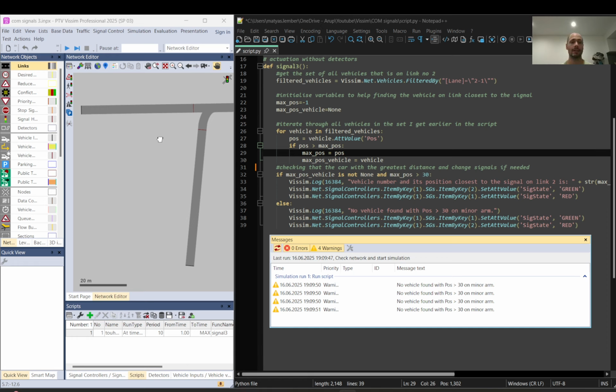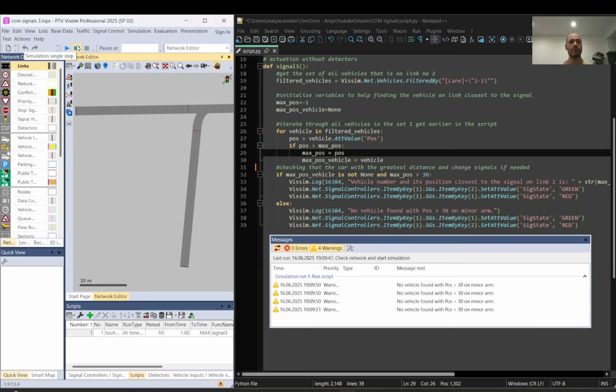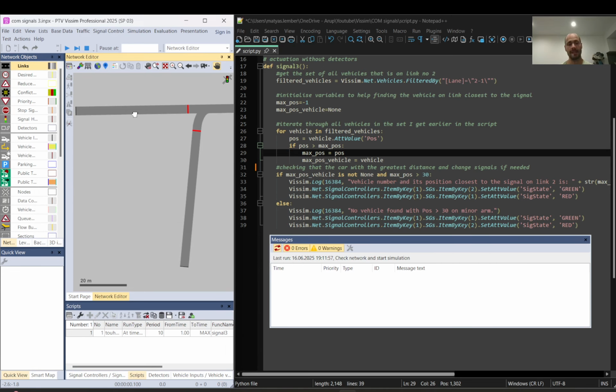So let me just play this example. As you can see, there is a major arm. This is this one. And I have a minor arm. This is this one. As I start running it, you can see that the major arm goes to green. That's the default operation. The minor arm only goes green in this example when there is a vehicle close to